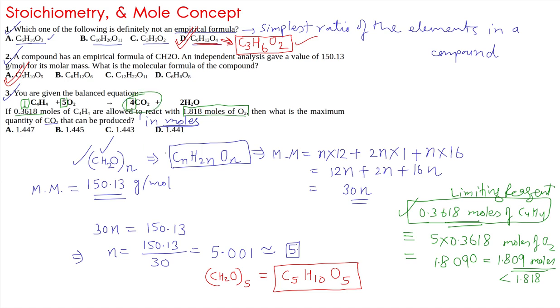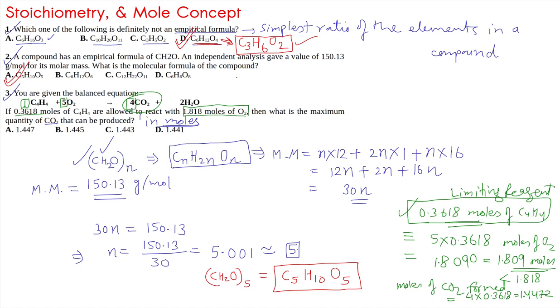So let us see how much CO2 will be produced, because according to the balanced equation given in the question, 1 mole of C4H4 gives 4 moles of CO2. So here we are going to react 0.3618 mole of C4H4. So moles of CO2 formed, how much will that be? Moles of CO2 formed will be 4 times the number of moles of C4H4. So it will be 4 into 0.3618, and if you multiply this, how much will you get? 4 8s are 32, and 3 carry, 4 1s are 4 plus 3 is 7, and 4 6s are 24, 2 carry, 4 3s are 12 plus 2 is 14. So after 4 decimal digits it will be 1.4472.